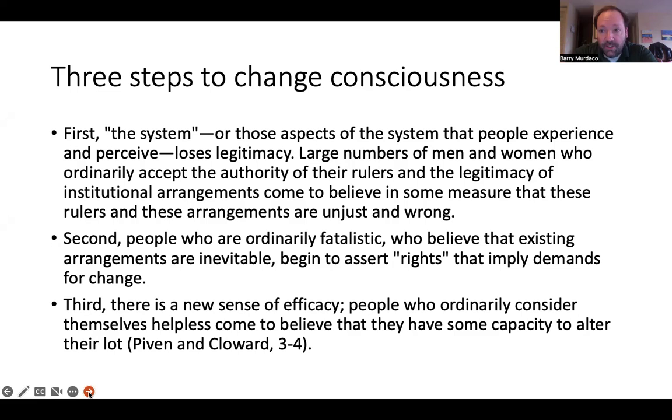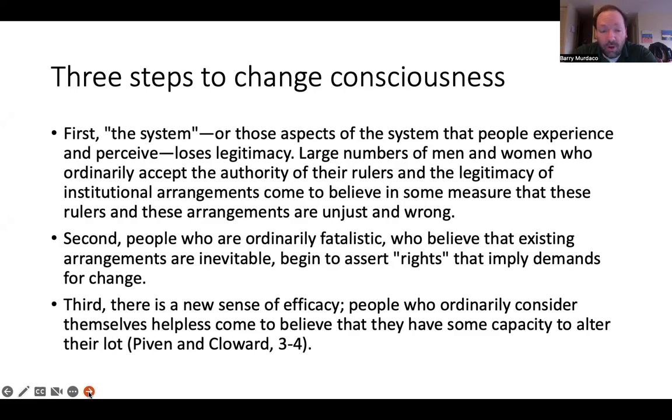It's not a just system. It's not a beneficial system. It's essentially crooked and corrupt. And then they start to withdraw their allegiance to this social order because of that. Large numbers of men and women who ordinarily accept the authority of their rulers and the legitimacy of institutional arrangements come to believe in some measure that these rules and these arrangements are